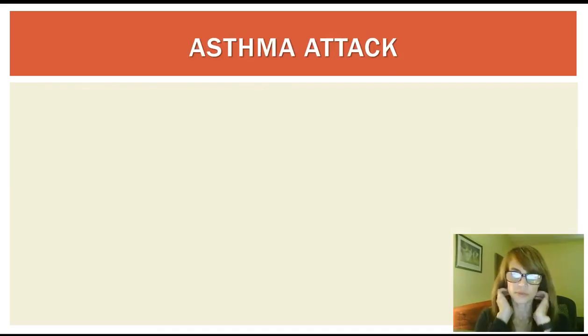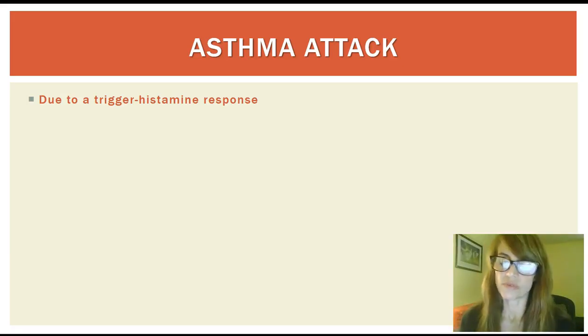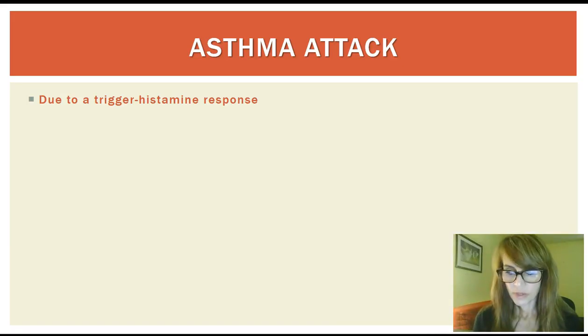On asthma attacks, you will hear people with asthma, and those that are caretakers of someone with asthma, talk about it. That's what you try to prevent, an asthma attack. So it is due to a trigger, a histamine response that occurs, an overreacting histamine response. In severe cases, for someone who has very serious allergies, for example, peanut allergies, the histamine response is so severe that they may need an EpiPen in order to open up the airways again, because it constricts completely, and so they can go into respiratory arrest, and that's a life-threatening condition.